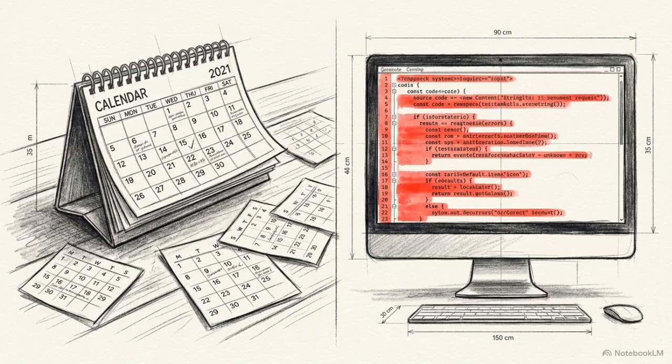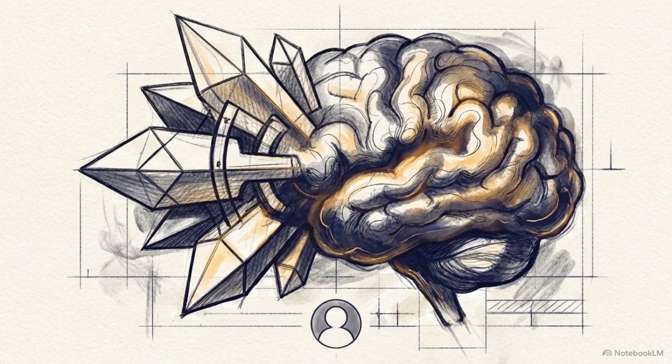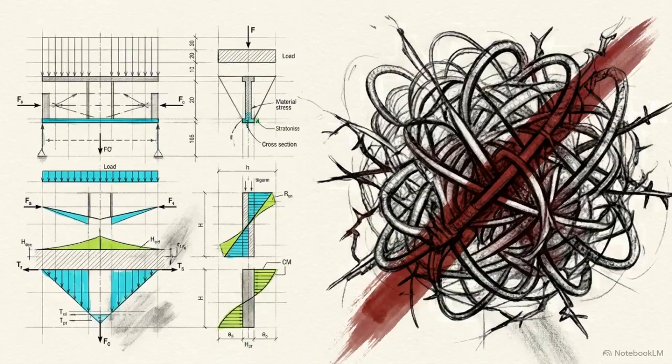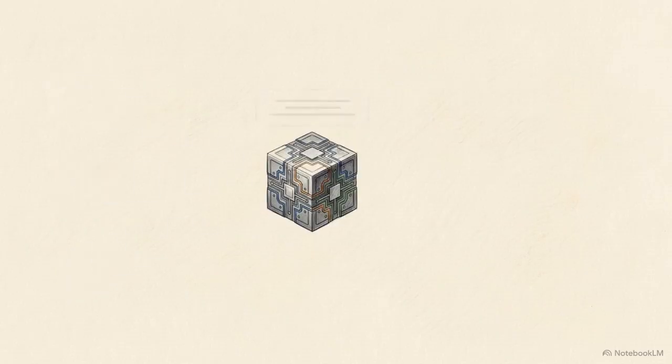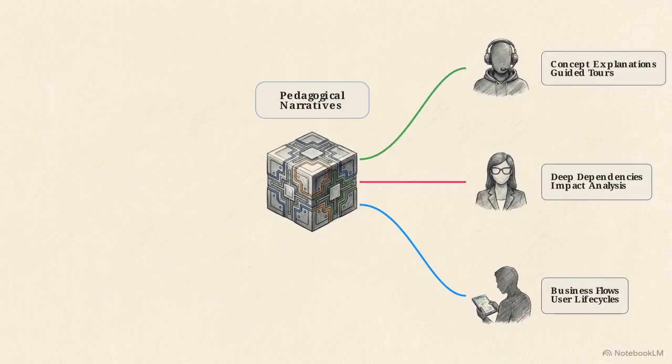Ramp-up times stretch into months, initial code contributions carry high defect rates, and senior engineering resources are drained by constant manual mentorship. To solve this, a tool called Understand Anything, built by developer Lum110, proposes a different approach. Prioritize teaching the codebase over simply drawing it. It attempts to provide persona-adaptive abstraction rather than raw structural data. Effectively, the project moves the challenge from mapping file structures to translating raw technical syntax into a plain English pedagogical